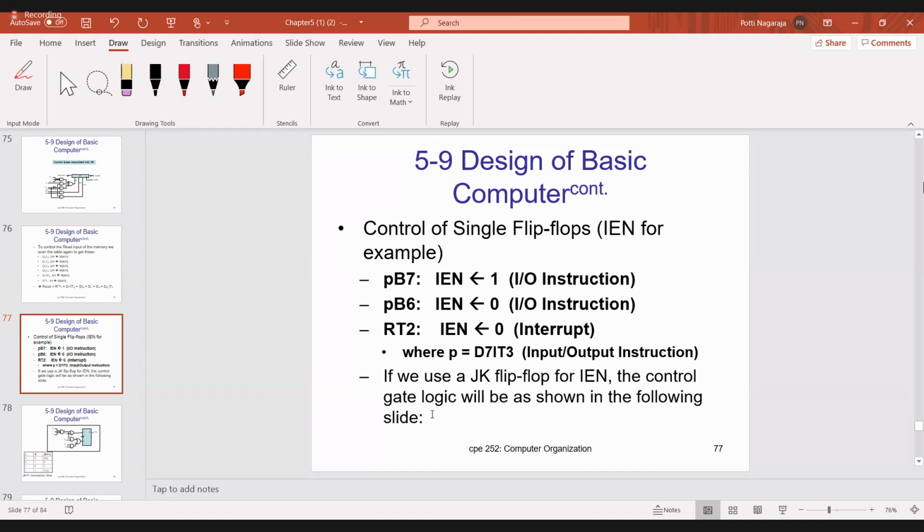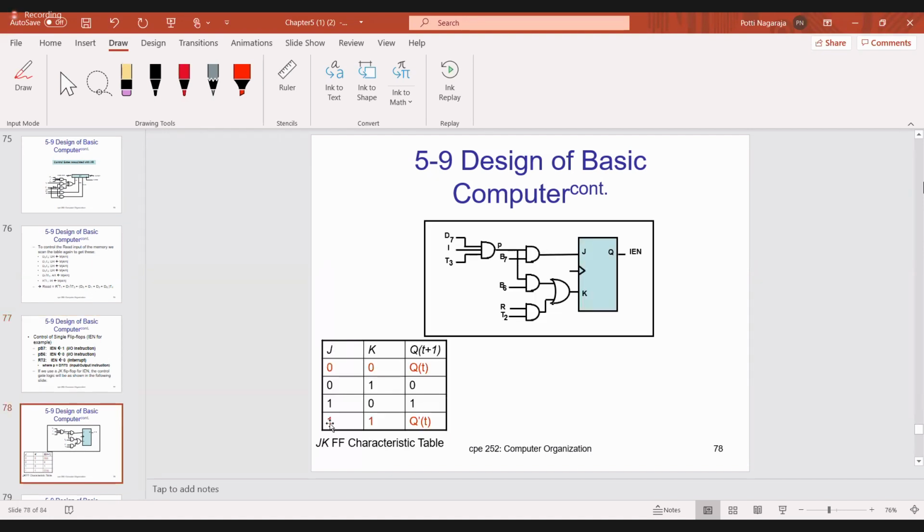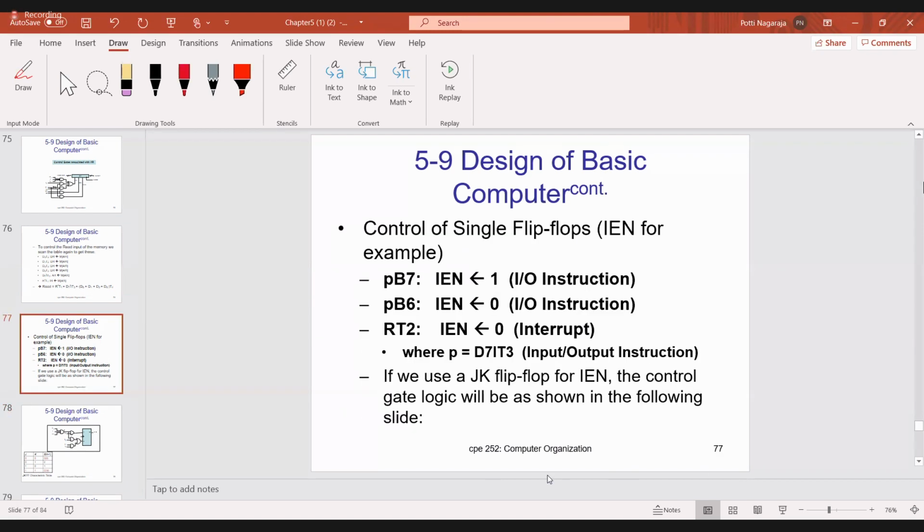And this one I will show with the help of one diagram. Check: interrupt enable is 0 means we are not executing any interrupts. When interrupt enable is 1, we will execute the input and output instructions. To implement this, I will use a small circuit. By using this small circuit, I can control it, where it has one JK flip flop.